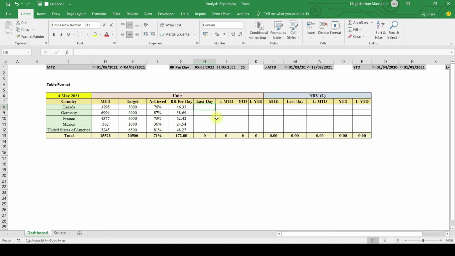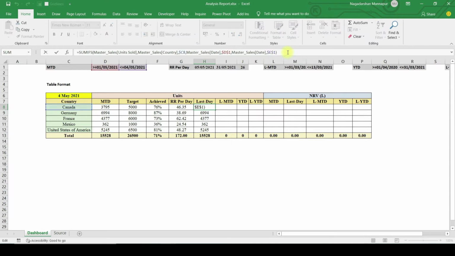For that I'll just put SUMIFS here, or else we can copy all these month to date results and paste it here. Then simple, we need to change it here. Click inside the formula bar. Once I click inside the formula bar, I'm able to change the date. It means I'm going to remove all this